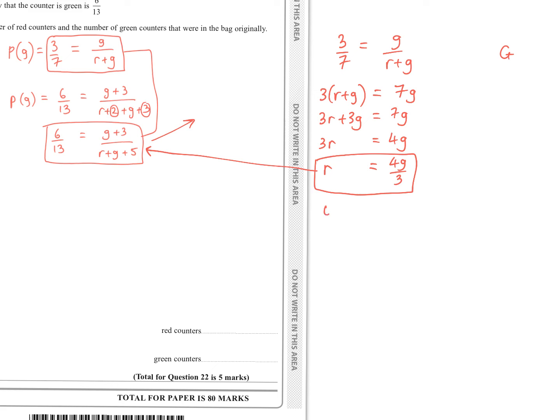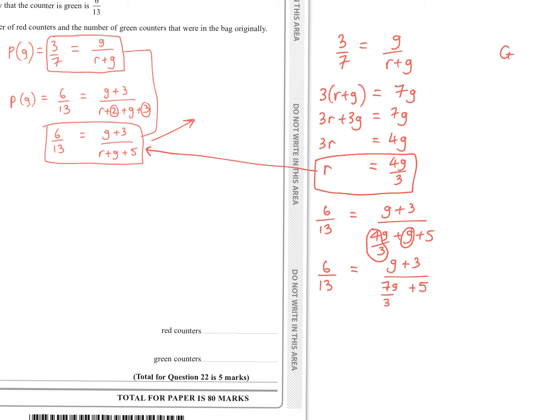So I'm just going to have 6/13 is equal to G plus 3 over R, which is 4G over 3, plus G plus 5. And then I'm just going to clear up the denominator a little bit. Well, this is 4/3 of G, and this is 3/3 of G, which is 1 whole one, so that's 7/3 of G